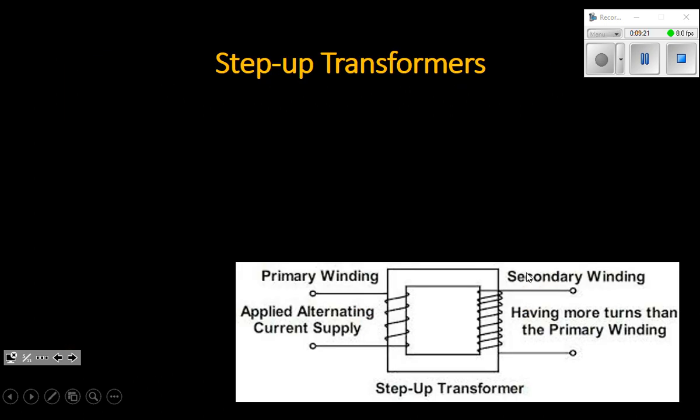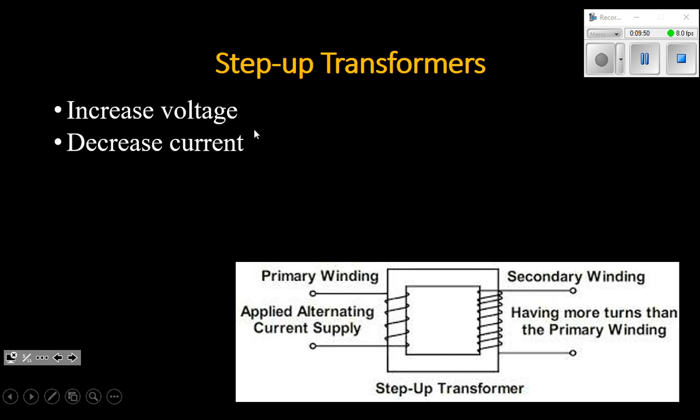Step-up transformers will increase the potential difference. They increase the voltage. They have a certain number of wraps in the primary, and then they'll have more in the secondary. Well, why do we do that? We increase the voltage. There are different reasons for doing that, but generally speaking, in terms of electrical power plants like Milner, it's so that we decrease the current. So as we increase the voltage in a step-up transformer, we always decrease the current